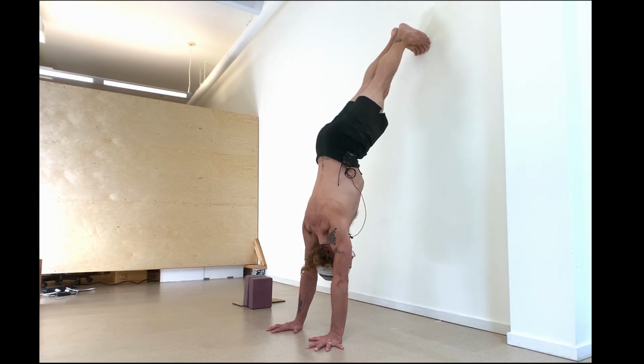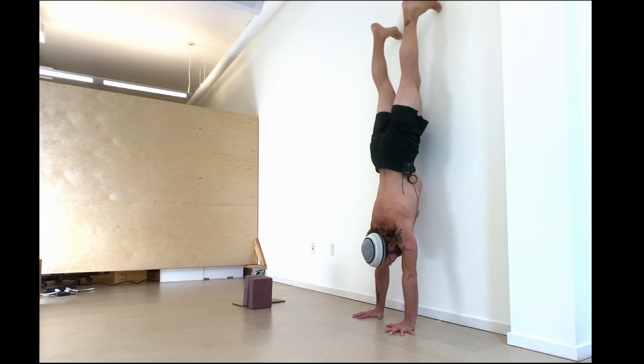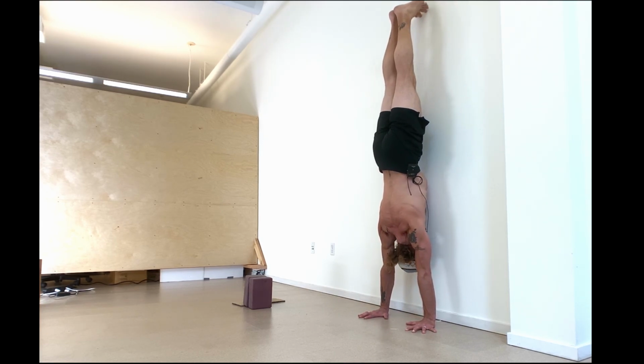And again, you can be diagonal as long as you can see your feet, or walk this in and get close to vertical, whatever you like. Nothing touches the wall except for your feet and maybe some part of your head. Press into the floor, lift from the shoulders,